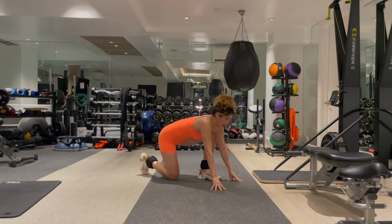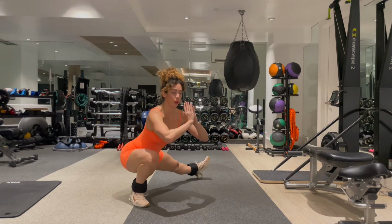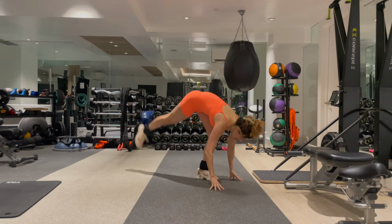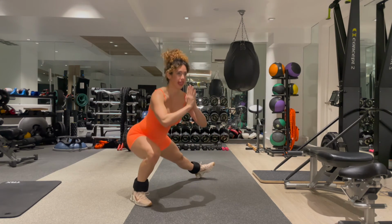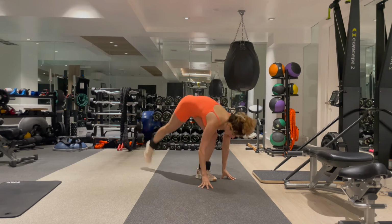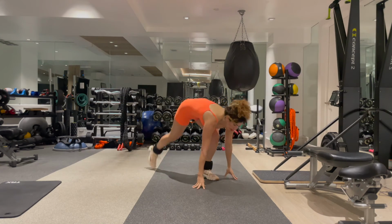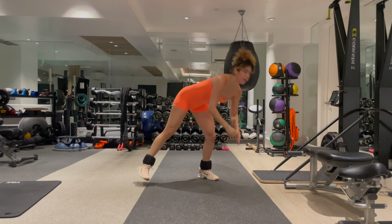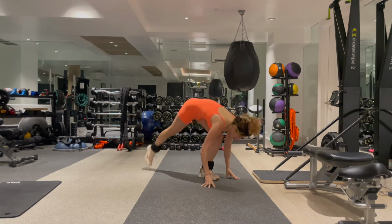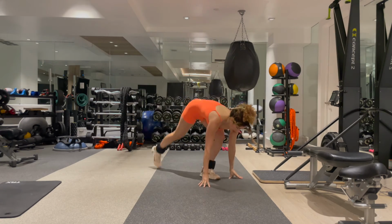Ready? 1, push off, lift the hip, step that leg out, get low, keep the chest up, push off, and then sweep it back. 2, lift and kick, step out, get low, push through the heels and the toes, and sweep it back. 3, sweep, 4, and sweep, 5, down, up, chest up, sweep, 6,